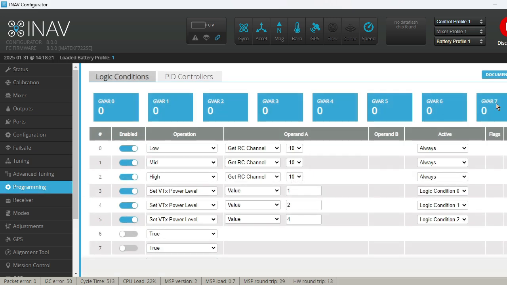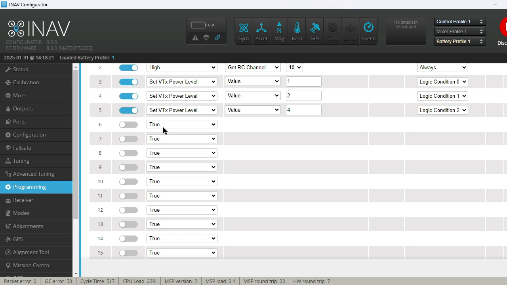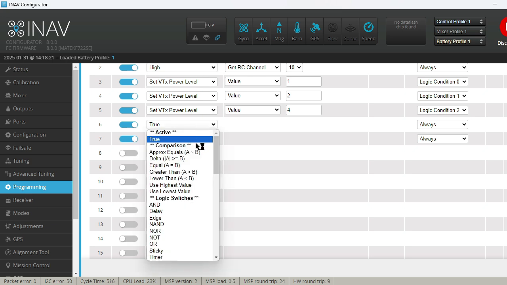In my programming tab I want to come to this, give it a few new options. So I'm gonna set this to on, and then I'm gonna set that to on, and then I'm gonna use two logic steps for this. I'm gonna use that one, and I'm gonna use this one here. So the first one I'm gonna do is I'm gonna set this to greater than